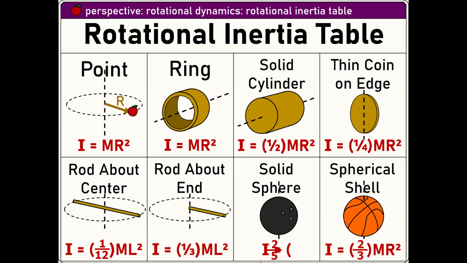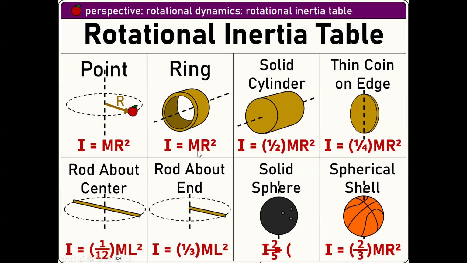Now, there are some classic rolling shapes where the math has been done. To prove this mathematically, you need calculus, and I'm not going to prove these, but I'll show you the textbook version. For a single point, it's just mr squared. For a ring rotating around the central axis, it's effectively a bunch of points aggregated. You can just add up all the individual points, and if you broke this into a billion points, it's the same thing over and over. So it's still mr